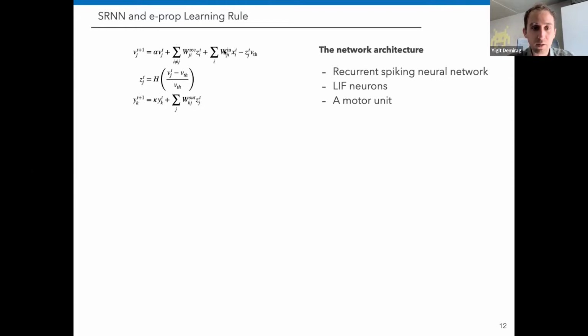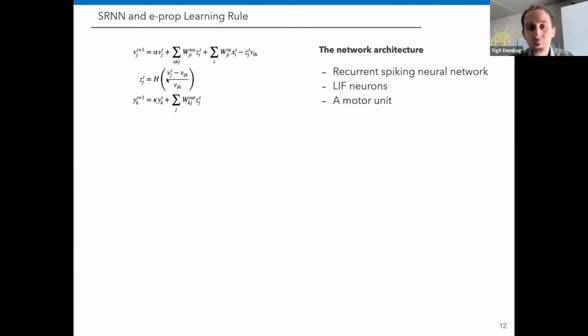We have incoming spikes, incoming inputs X multiplied with the weight matrix, and this is the inputs layer. And there's also the recurrent layer, which consists of the spikes Z. This recurrent layer is basically the diagonal is not connected, and it decays with some constant alpha. This is the membrane voltage of the recurrent layer neurons, and it has a reset mechanism as well. Whenever it spikes, and the spiking is determined with this Heaviside threshold function, the membrane voltage of the recurrent layer